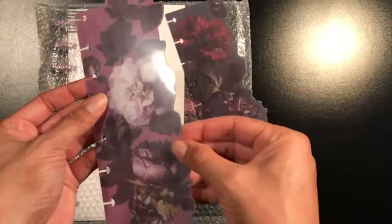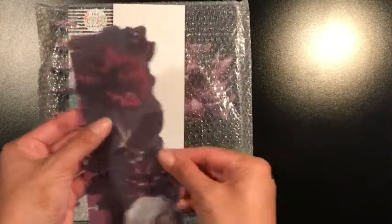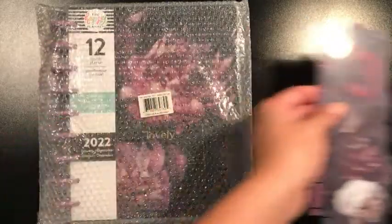Doesn't it have a film to take off? Yeah, I'll take that off later, but so pretty. I thought that would look so pretty in there. And then